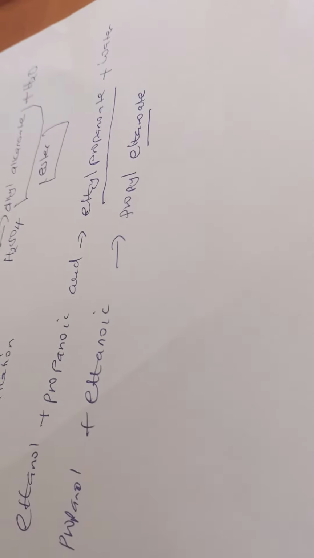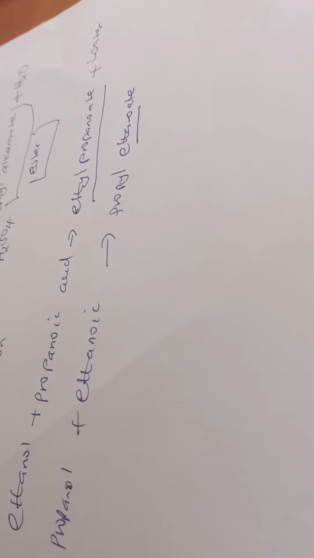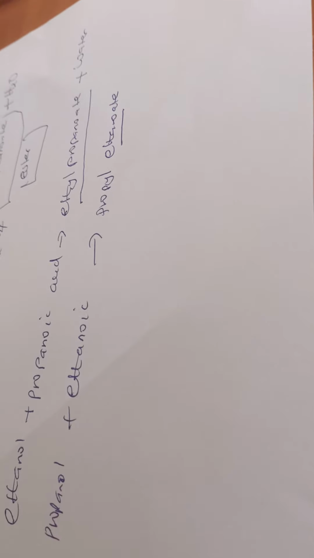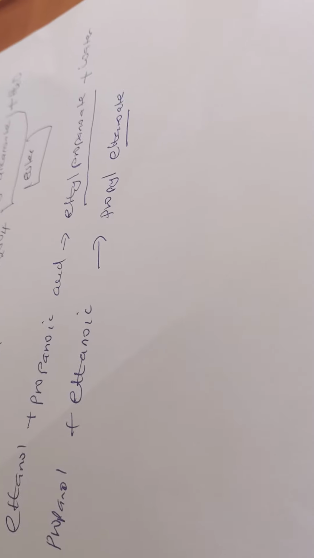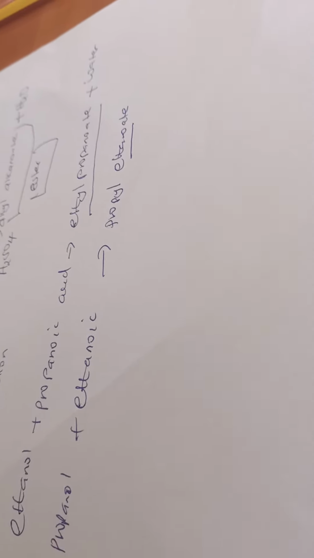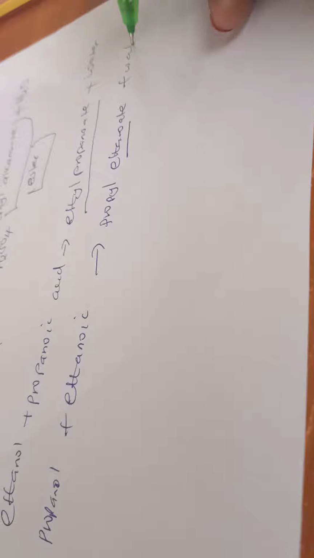The way we see the salt of hydrochloric acid is chloride, the salt of alkanoic acid is alkanoate. It depends on which acid is used. If it is propanoic acid, it's propanoate. If it's ethanoic acid, ethanoate. If it's methanoic acid, methanoate. If it's butanoic acid, then butanoate, plus water. Now we want to learn how to do these esters, because now we know how to